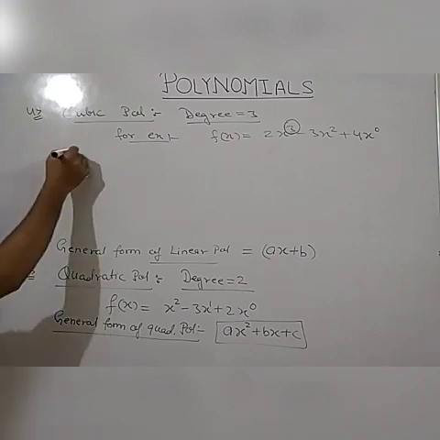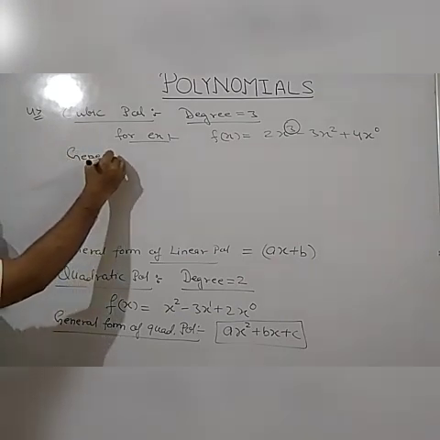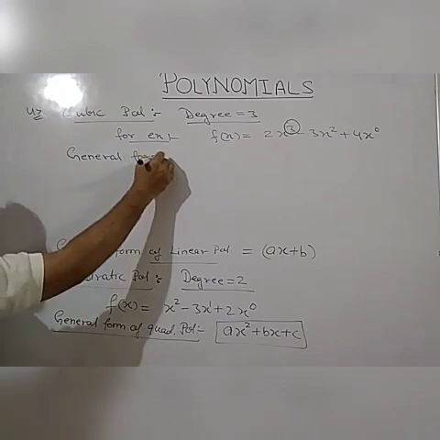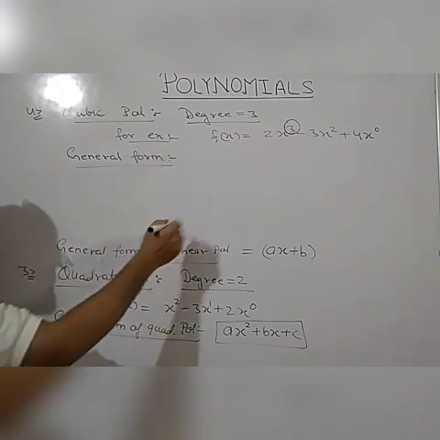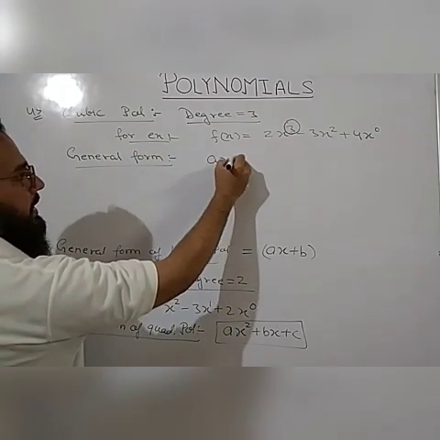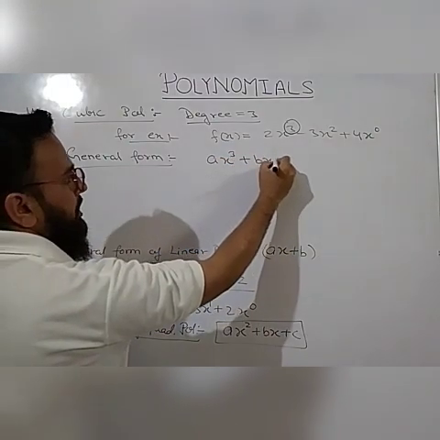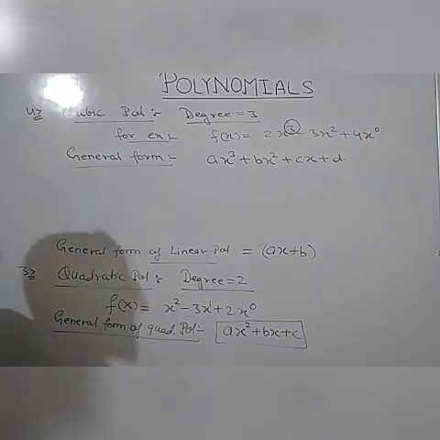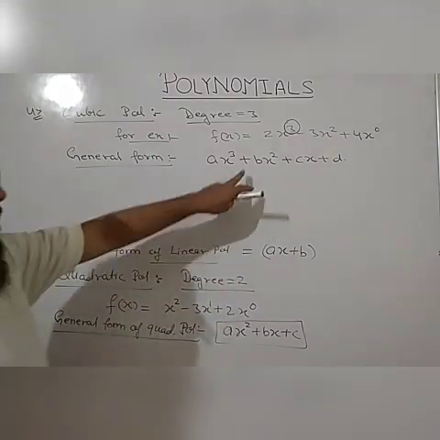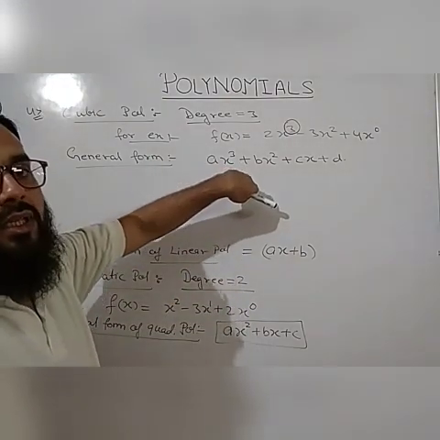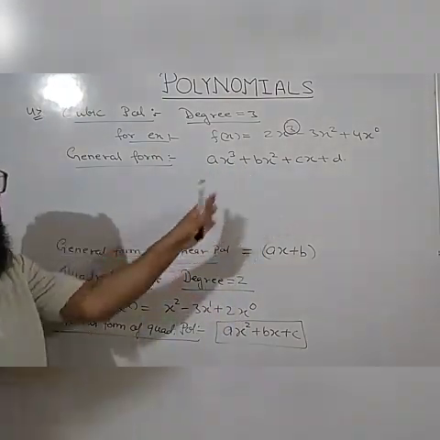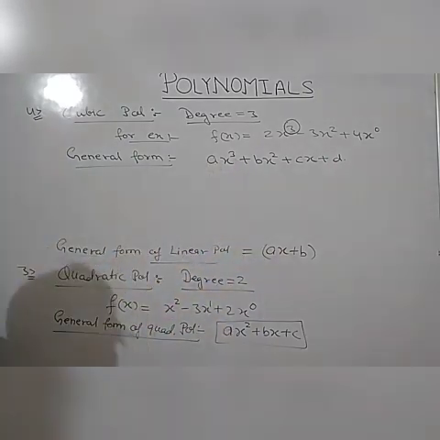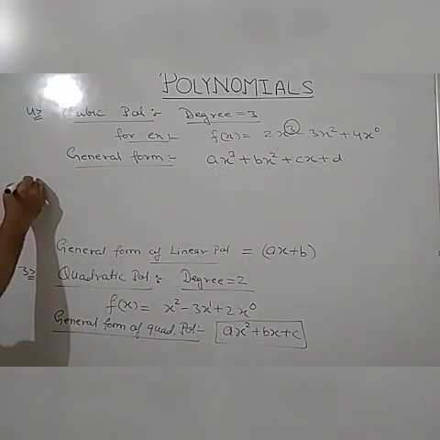Okay, and the general form of cubic polynomial is given by ax cube plus bx square plus cx plus d. This is the general form of cubic polynomial. Okay, you have to remember all these general forms because it will be very helpful in your class 10th also. So you have to remember the general forms. Next is